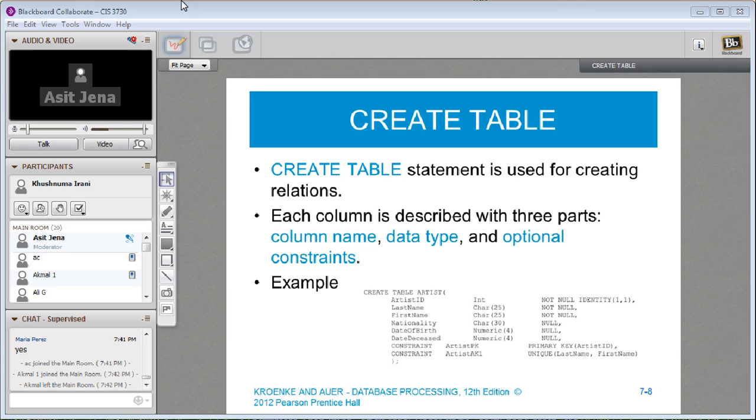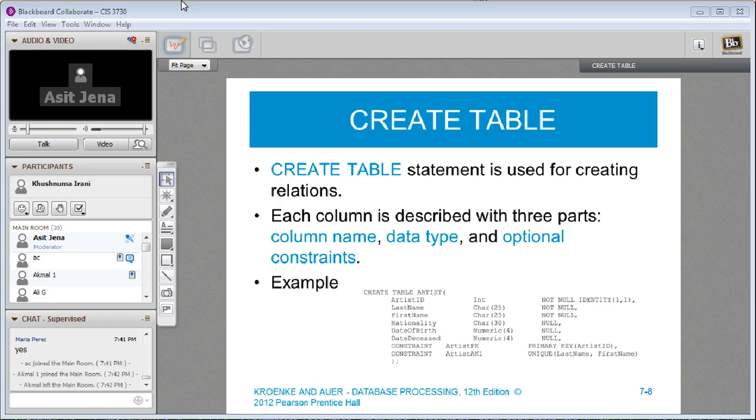We're going to talk about constraints a little bit more, but just realize that when each column is described, you should have a column name, a data type, and optionally a constraint. So these are optional constraints. Here the constraint is that we have a primary key, artist PK, which is based upon primary key artist ID.